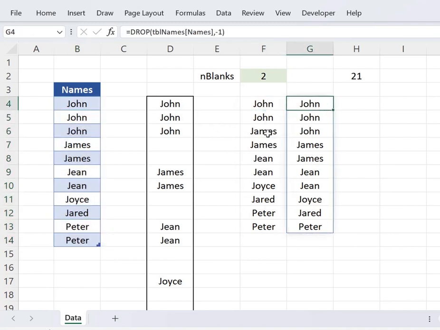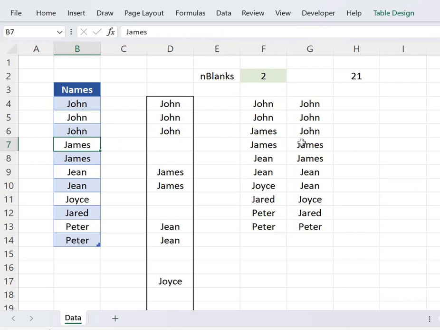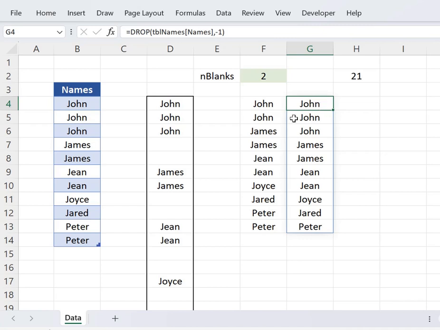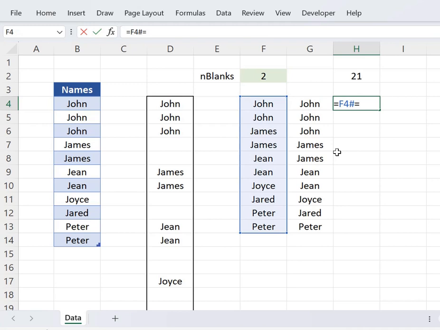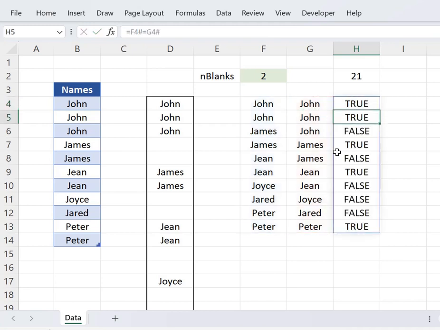Against John we got John. Again, against this James we got John here. So we are now able to compare the current value with its previous value. So what we will do here, we will say equals to, is this equal to this, right? So we got our values as true and false, and just notice here that false